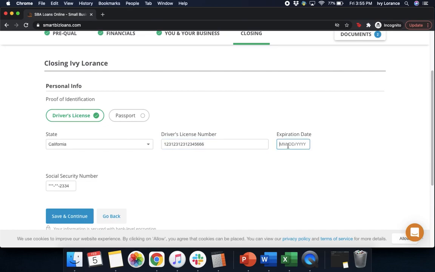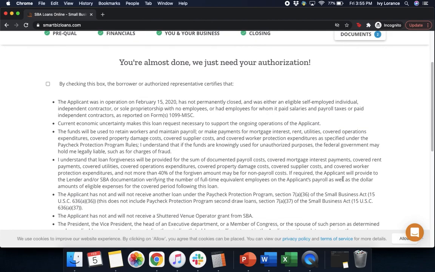And then you're going to enter in the expiration. After that, it's going to take you to a page that looks just like mine, where it says, "You're almost done. We just need your authorization." By checking this box, go ahead and check this box, the borrower or authorized representative certifies all of the following,